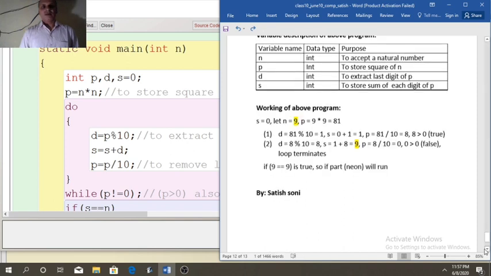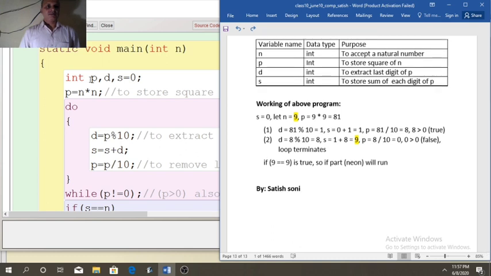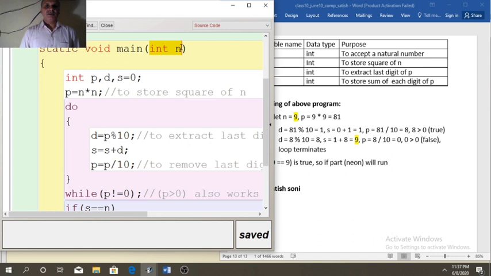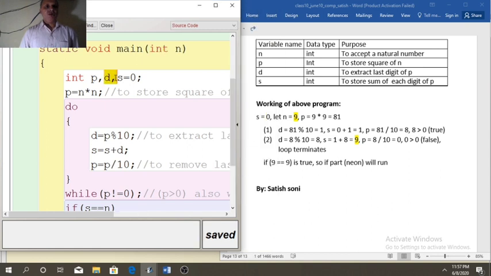First see the variables. N to accept the number from the user, P to store the square of the number. Now D to extract each digit of the number, and S to store the sum of each digit of the square of the number.